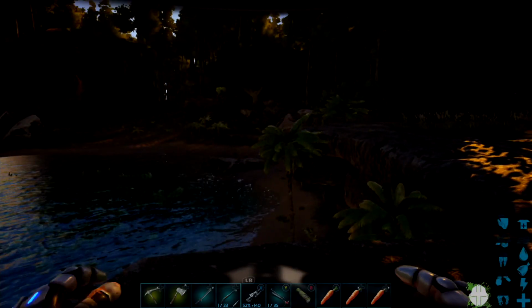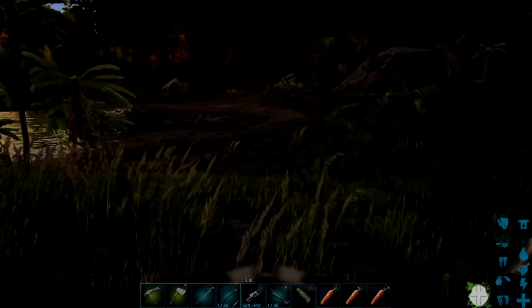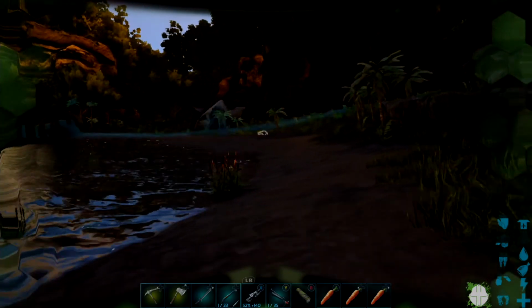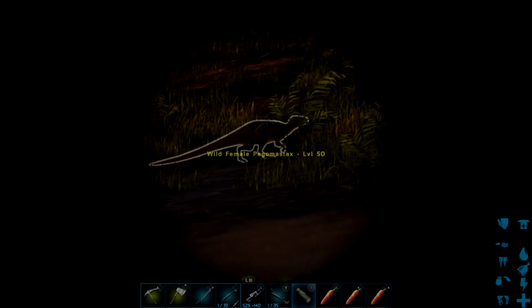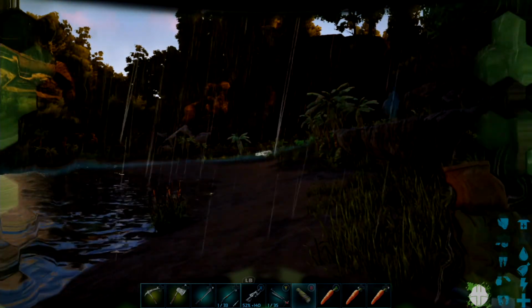So I don't know if this creature that we're supposed to be taming is still over here where I spawned it in. Yes, it is. It's right there, that little white creature there. So this is a Pegomastax. This is a pickpocket that will come and jump up on you and rob whatever is in the last